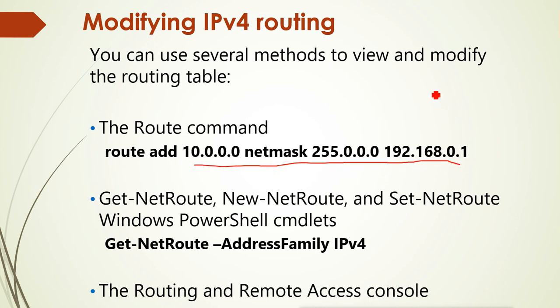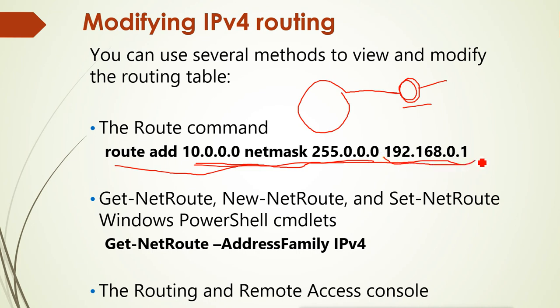If we are configuring our Windows machine as a router, connected to our network, so we can connect the Windows machine to different networks, and we can create the route here. We can give the route command to create the route, which has the destination network, then the subnet mask of the destination network, and the gateway information where to go.